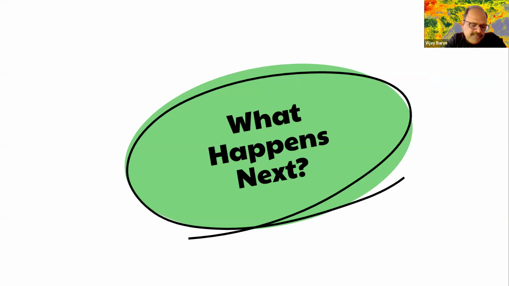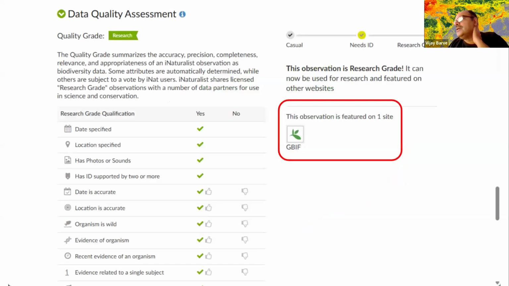Now, a very quick update on what happens next once I post these records. What happens next is obviously the data is curated. There are people who will identify your records. They will give more comments, and once the record becomes research grade, what happens is if you scroll down